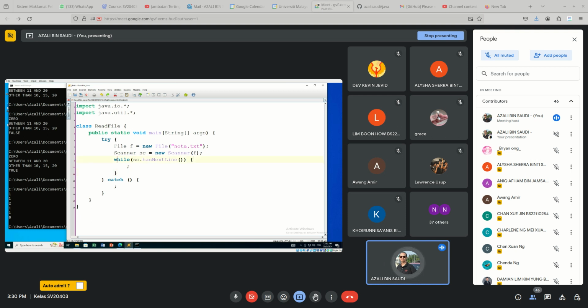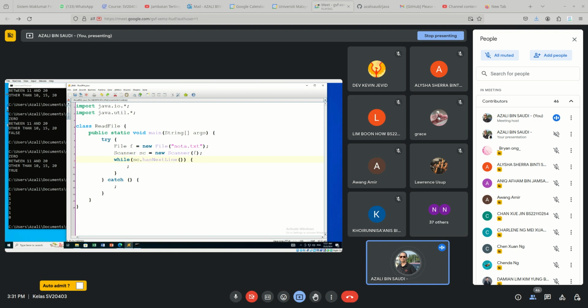So you want to test whether there is another line in the file. So you use this statement,